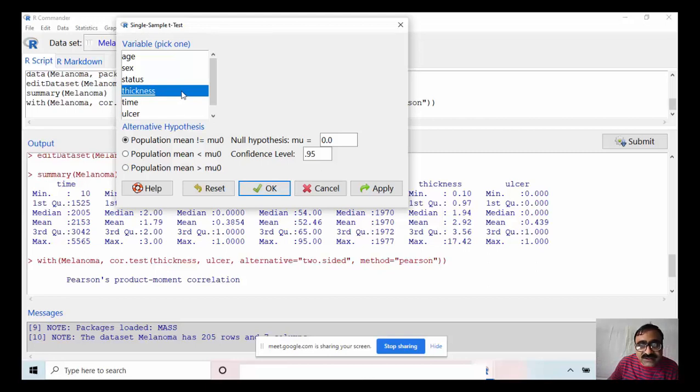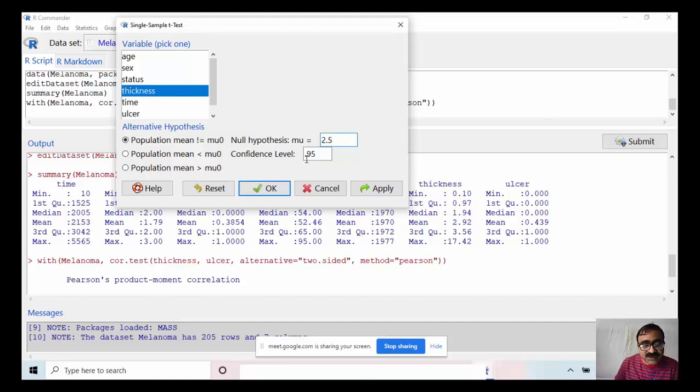Suppose I want to verify whether the population mean equals 3 or not. Here it is written population mean not equal to mu 0. This is the alternative. Population mean less than mu 0, population mean greater than mu 0. These three are the alternative hypotheses. Null hypothesis: mu equal to, I have to enter the value. So this is 3, suppose I enter 3, or 2.5.